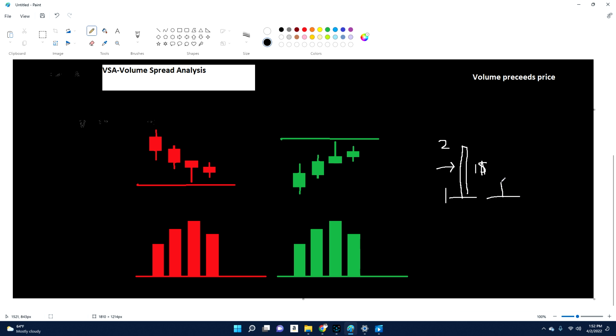Now, same token, you have the same dollar spread, but now it moves $1 to 250. You have a bigger spread now. Does that make sense to everybody? So what this presupposes is that as price moves, you want to see the spread matching the energy that it took to make the spread. And whenever you see that volume is increasing but price isn't going anywhere, that should be a red flag to you. That should be a hold on. Something's not right here.